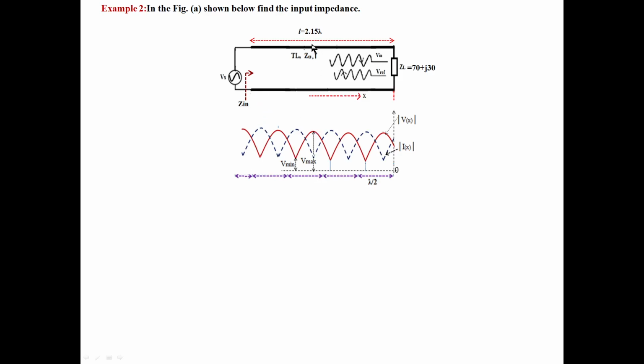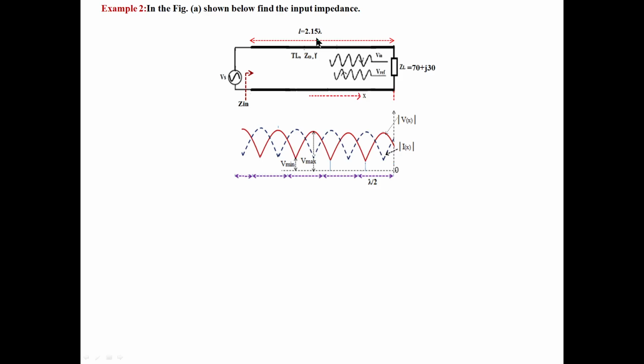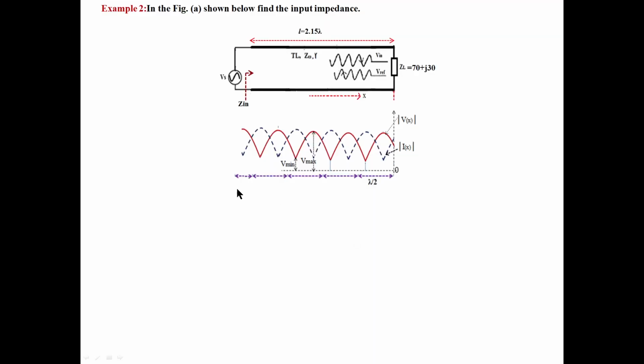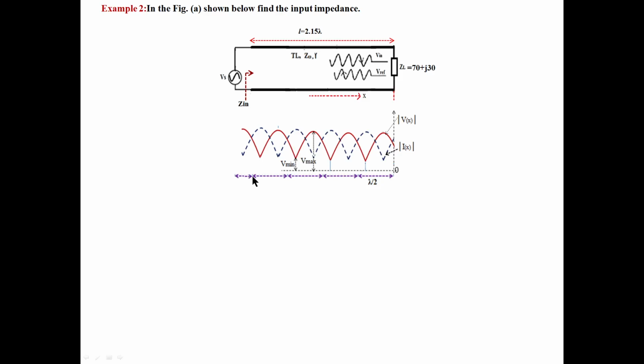Next, how much is it? 0.15 lambda. 4 times you rotate first to complete the 2 lambda, but next is 0.15 lambda. After completing 4 times, again we will be coming here, to this point. This is the 2 lambda, we will be here. But after that, you have to move 0.15 lambda. After completing 2 lambda, you should move 0.15 lambda, then we will be coming to the input side. See, the length of the line is like that.